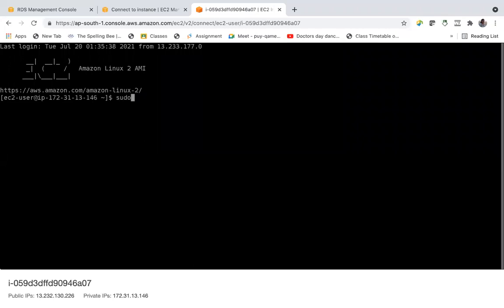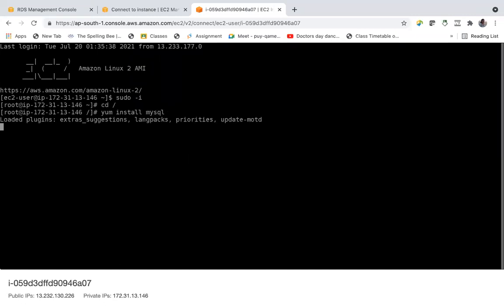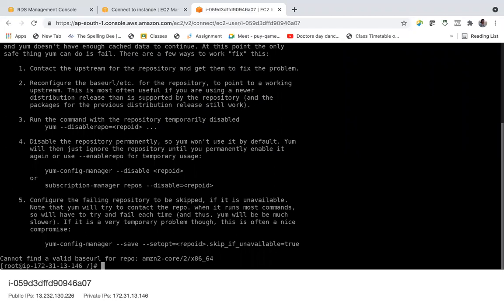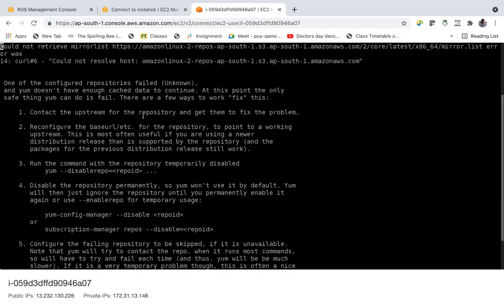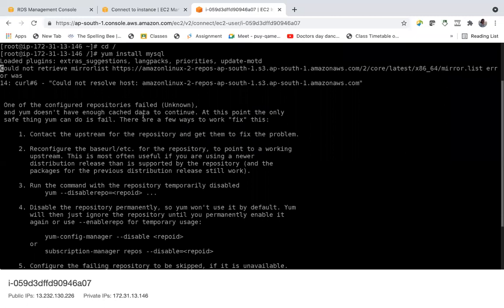Login as root user, and yum install MySQL. Okay, I don't know why.